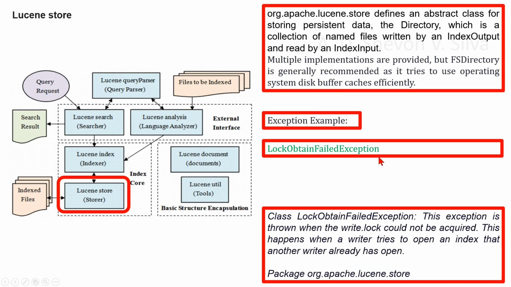As an exception example, we can consider class LockObtainFailedException. This exception is thrown when the write.lock could not be acquired. This happens when a writer tries to open an index that another writer already has open. This is in package